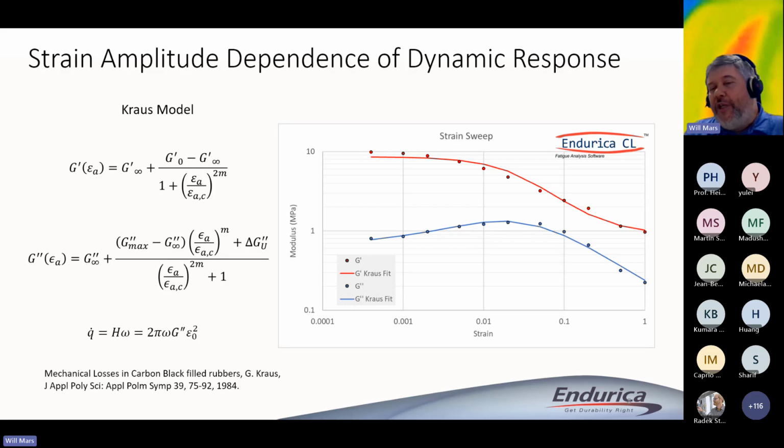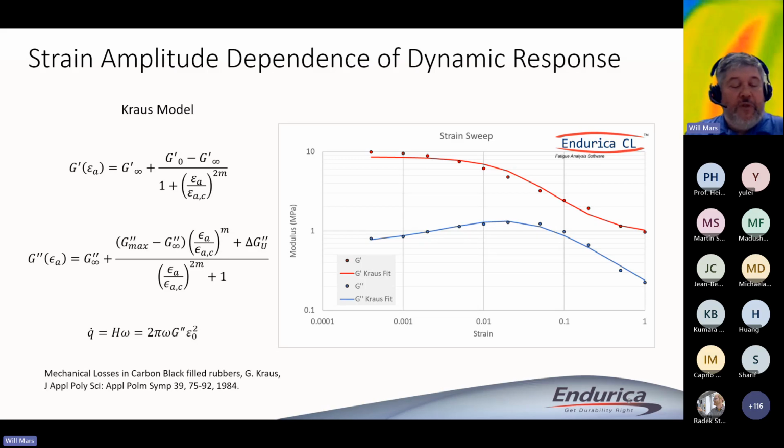The dots are measurements that we would make typically from a DMA, right? Dynamic. Maybe we would run this in, I think, a double shear type of experiment is typical, although you can do this in other deformation modes as well, and you'll get similar types of curves. The solid blue curve is the prediction of an equation called the Krauss model. I'm showing these equations on the left, and this is a model that fits these type of data quite well, and you can use this